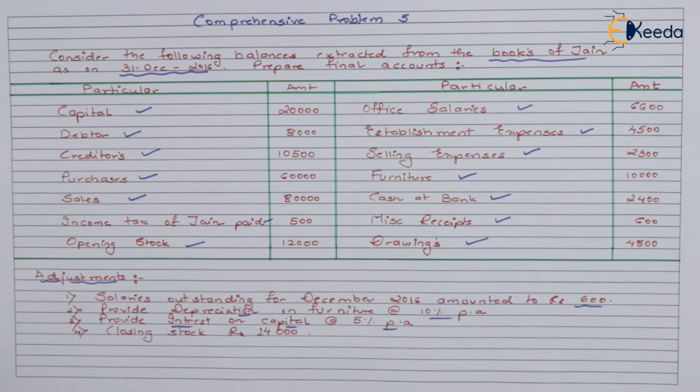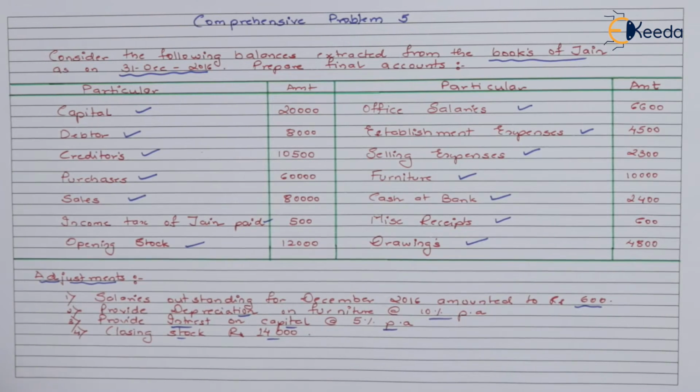The next adjustment refers to providing interest on capital at the rate of 5%. Now, interest on capital is an expense for us, hence it will be shown in the profit and loss account. Next, it will be shown on the liability side as it is a liability for the business. Closing stock has been valued at 14,000. This has been mentioned in the question. The effects of this will be one on the credit side of the trading account, one on the asset side of the